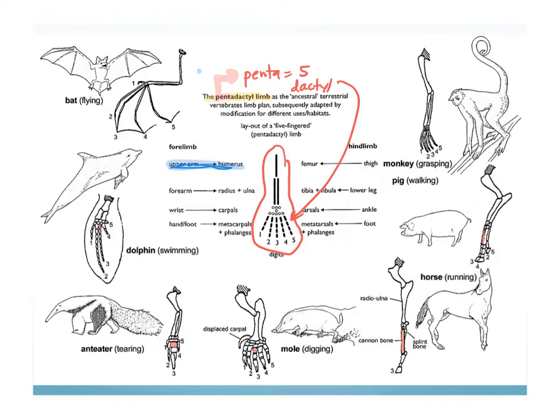Your upper arm would be here, the humerus, okay? So if you see, a lot of animals have this same kind of structure up here in the upper arm, okay? So we all have this humerus, okay? And then we also have the radius and ulna, which would be this structure right here, okay? So the idea here is that we're showing that these vertebrate animals all descended from something similar because we have